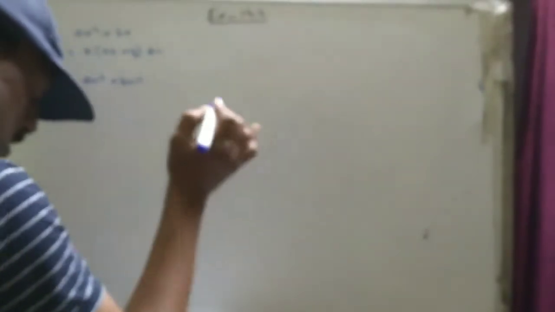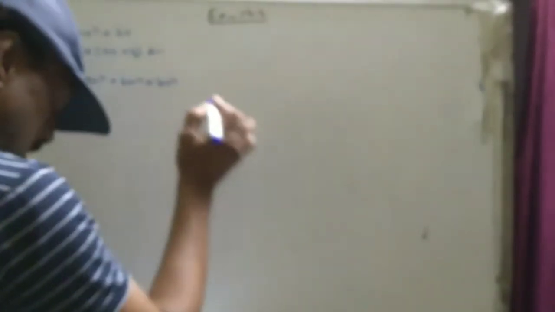Just I am taking question number 4 from here. This is the first one. Now the fourth. In the previous question number 2 and question number 3 only we have to take the commons to get the solution. Here question number 4 is also that type of question where we have to take the common. The question is am square plus bm square plus bn square and plus am square.